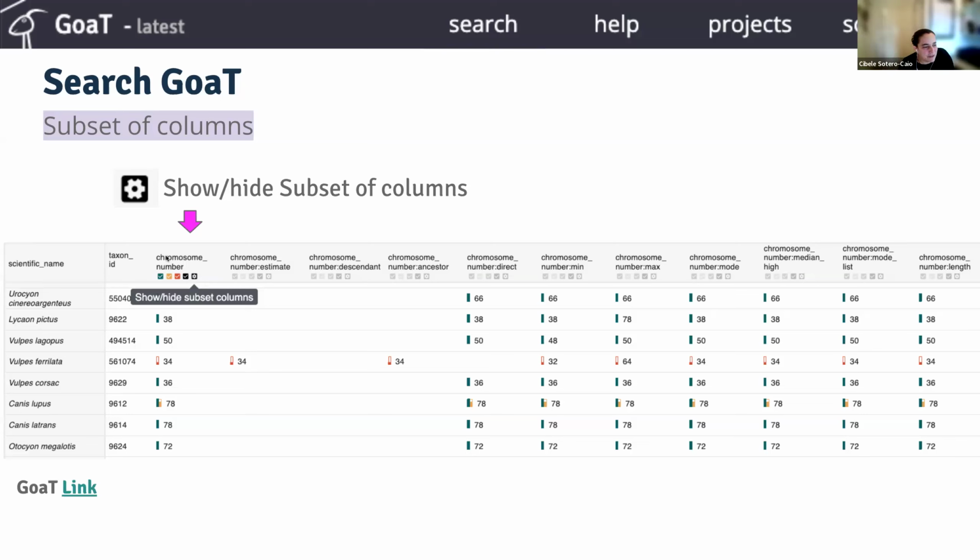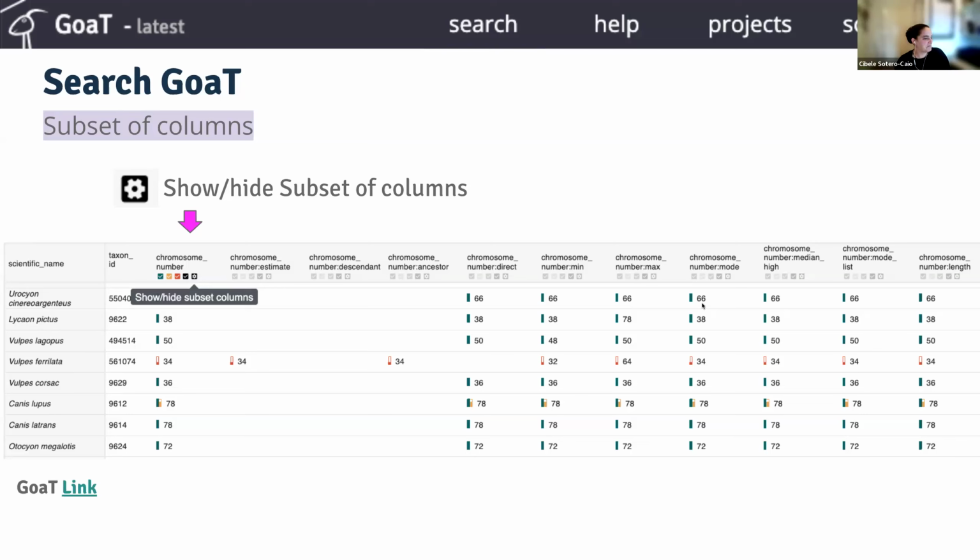But if you see here, I have chromosome number, which is the original search with the summaries. I have a column only for the estimates. It will show both estimates from descendants and ancestors, only descendants, only ancestors, only direct, only the minimal value for observation, only the max. The mode is usually the one that I use to summarize the data.